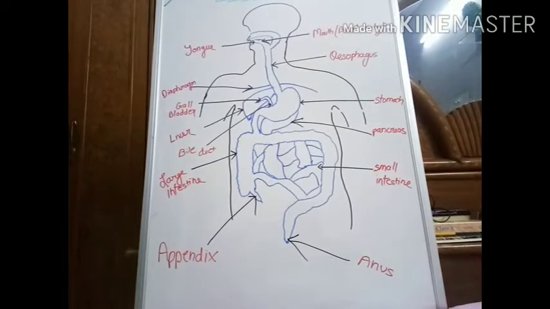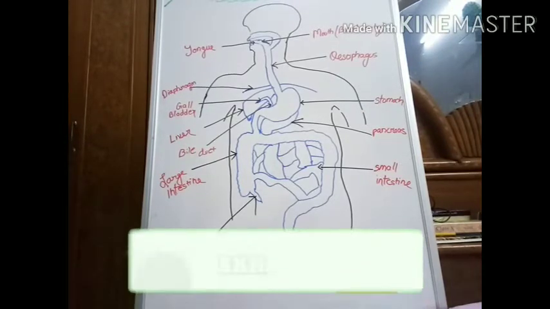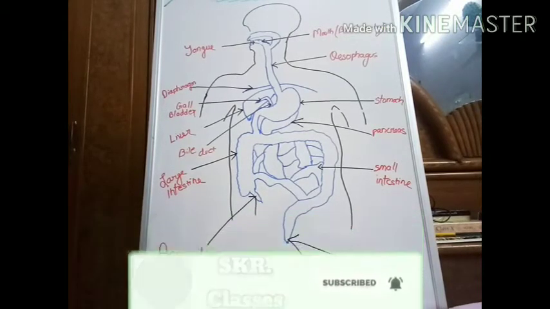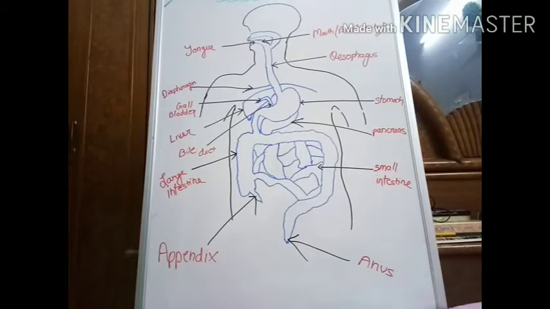The topic is the human digestive system. As you can see, I have drawn out the human digestive system. If you don't like the diagram, I apologize for that, and I know that you can draw better because my drawing is very bad. But still I have tried to explain everything which is basic and given in the NCERT book, and now we'll run through what the parts are and how the food goes inside and gets digested.